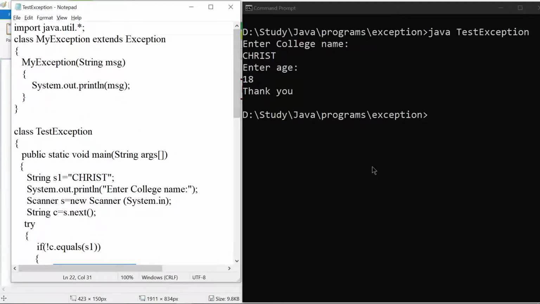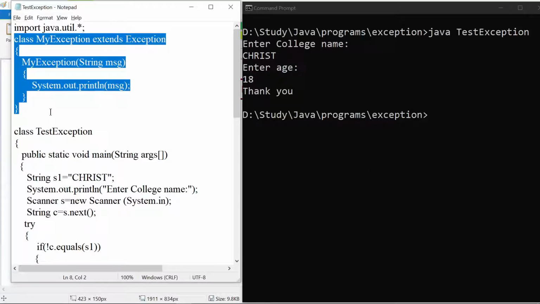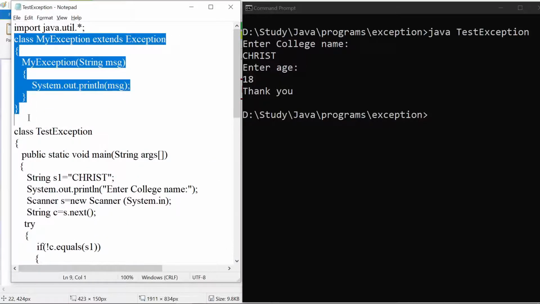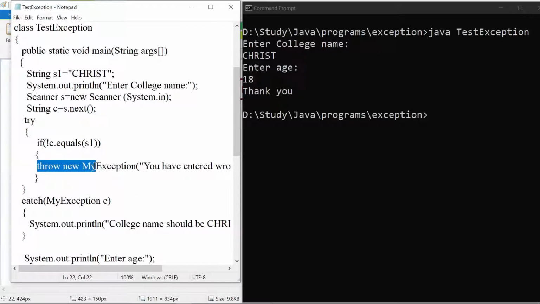Whereas coming to predefined exceptions, there is no need to design them like that. They have already been defined. If you want, you can throw an arithmetic exception, or else they can be generated automatically also. If you want to forcefully throw, then you can go with the throw keyword. But as and when they are generated, if you want to handle them, that can be done automatically in case of predefined exceptions. But in case of user defined exceptions, we have to throw them. It is our responsibility to throw them, because the system can't understand those exceptions.